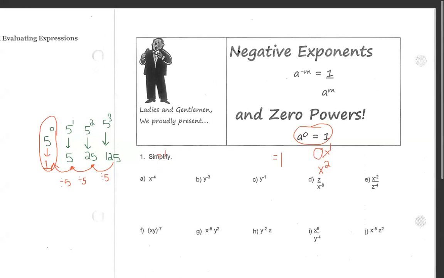That is the second rule here we're going to talk about. I'll explain what this means in a moment, but let's go back to my diagram that I made. And let's keep going backwards. So now what if, let's go here. So let's say, let's bring it on over here. So let's go 5 to the negative 1 power. So again, if I follow my pattern of dividing by 5,